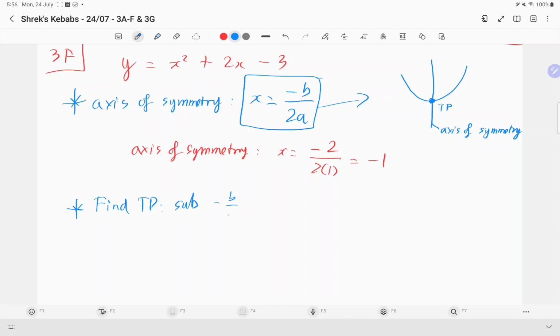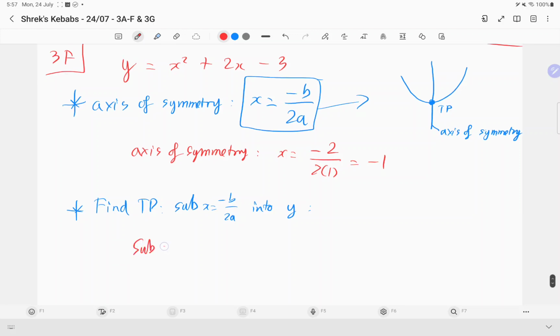Sub minus b over 2a into the original equation, into y. Y equals -4. Okay, and this would be x equals negative b over 2a into that. So in this case,